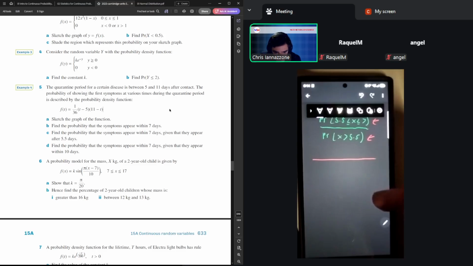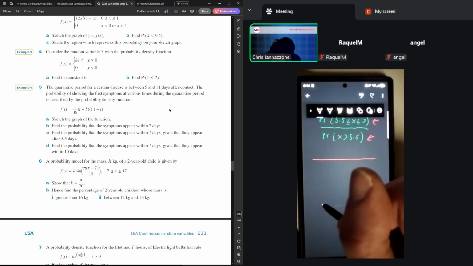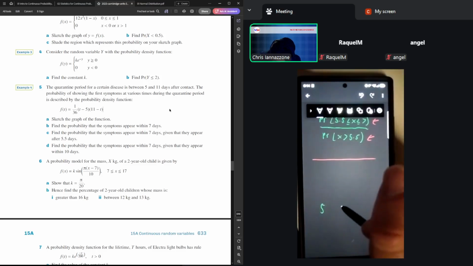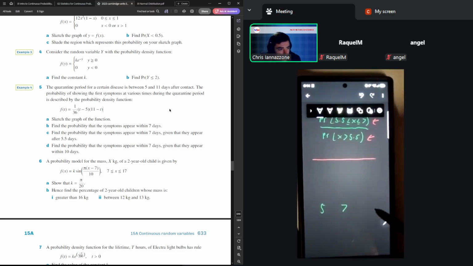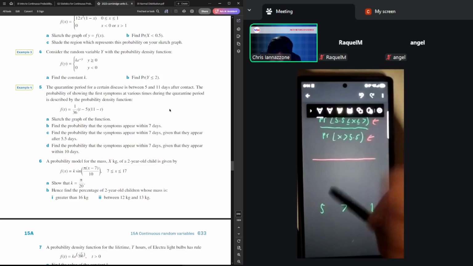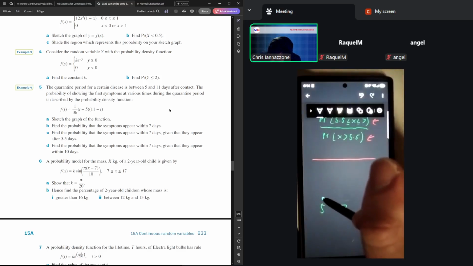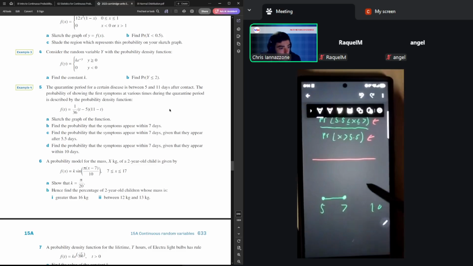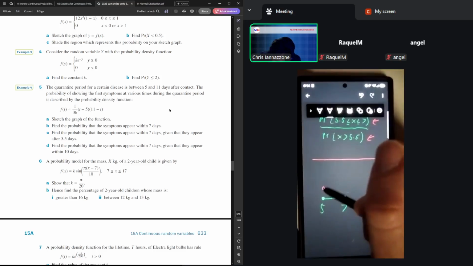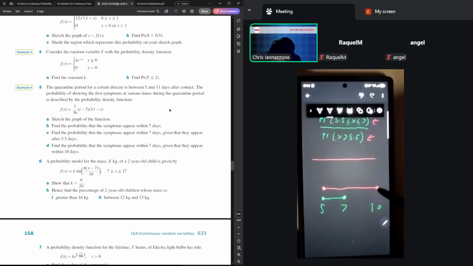Within 7 days, we had 5, we had 7, now 10 is the next thing of import. Probability of symptoms within 7 days was this. Probability of symptoms within 10 days would be this. Intersection of the two,